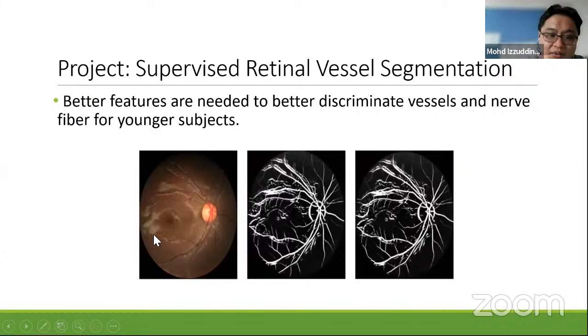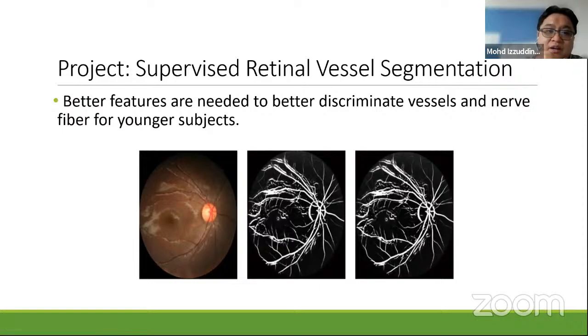If you see the original image, that cloudy white patch on your retina is actually just a fiber artifact of your retina, but it will be classified as a vessel on the next two pictures on the right, even in the middle. So it's almost the same. I think we need better features in order for us to get the specificity higher for the young